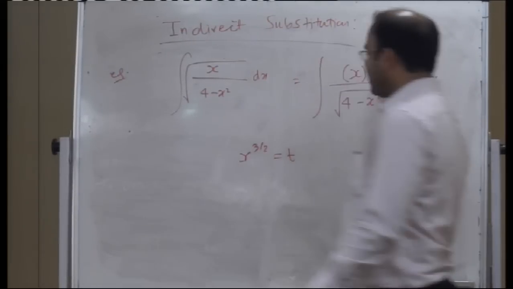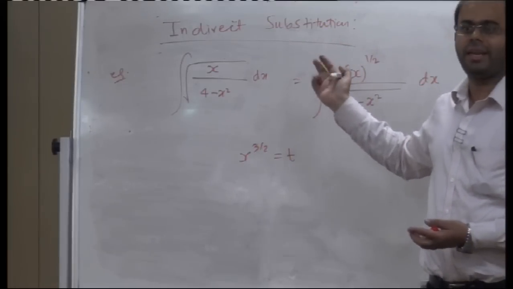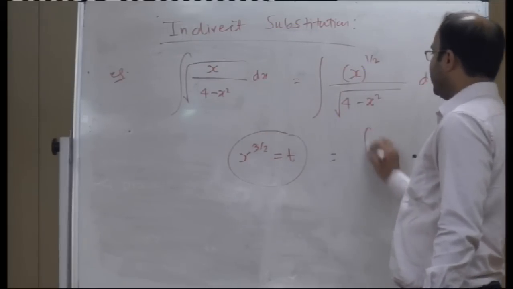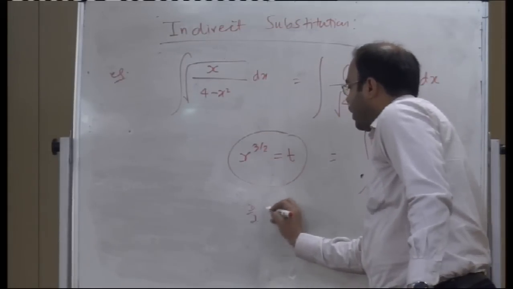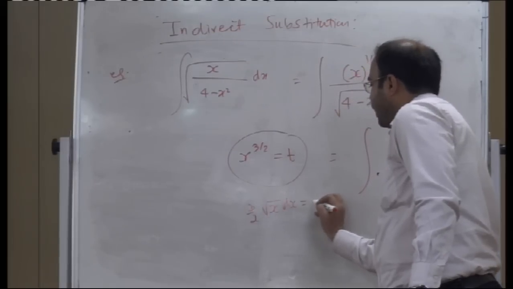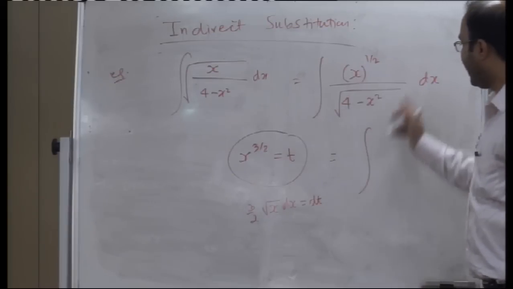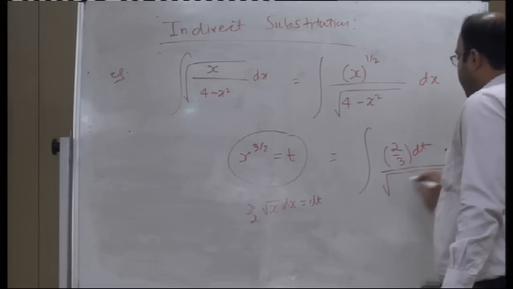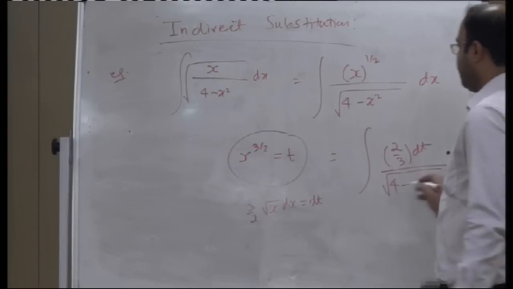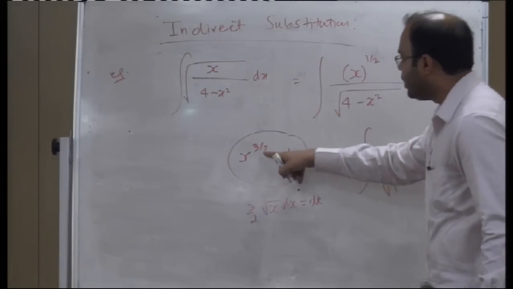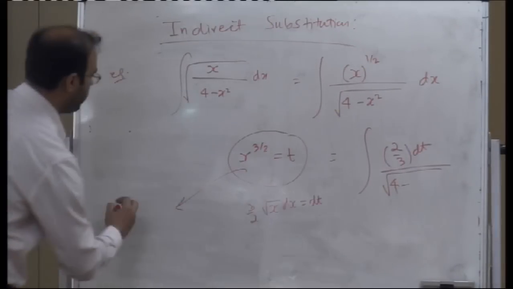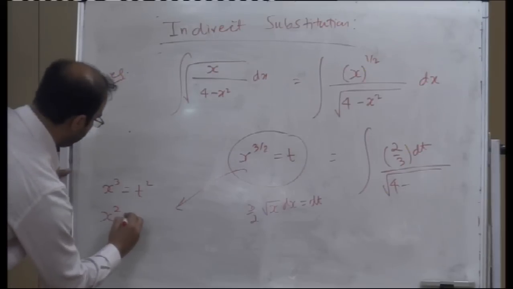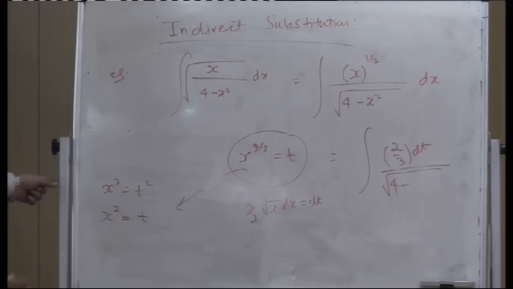Actually directly there is nothing called x to the power 3 by 2 in the question, but indirectly we are assuming that x to the power 3 by 2 is t. After assuming this, the question becomes like this: 3 by 2 root over x dx equal to dt. And then root over x dx would become 2 by 3 dt. And root over 4 minus x square will become, if you see, x under root is x square. If you want to find it from here, x cube is actually t square, and if you want to find x square, then it is t to the power